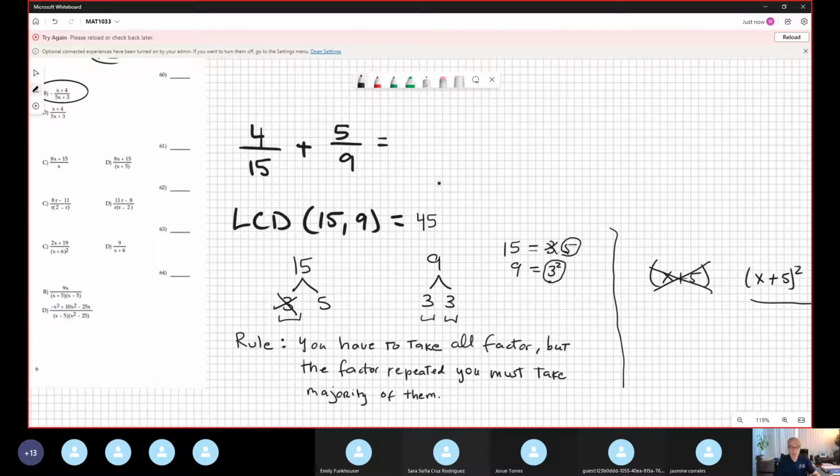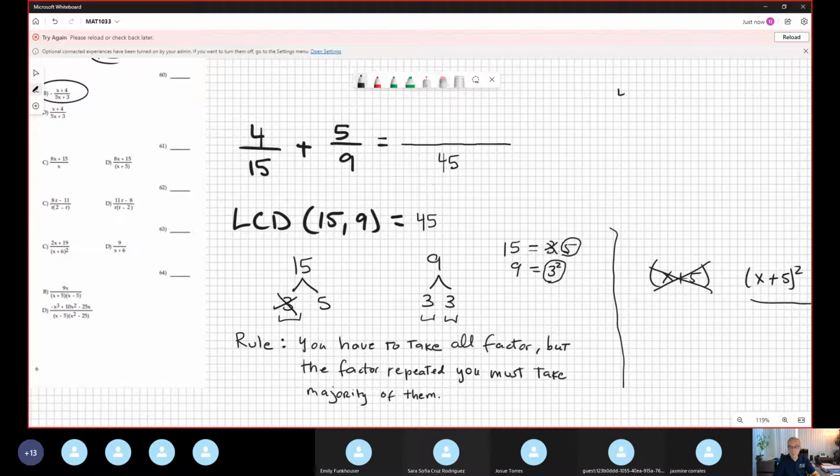And you put the long line. You put in the bottom 45, get the LCD. The second step is you need to write the original 2 fractions using equivalent fractions that have the same least common denominator. So basically, I need to find question mark plus question mark here, 2 new numbers, in which, for example,